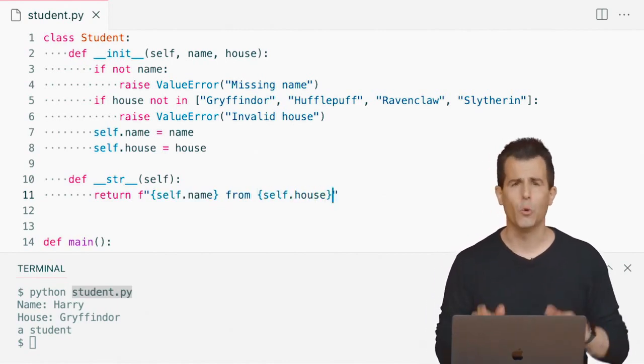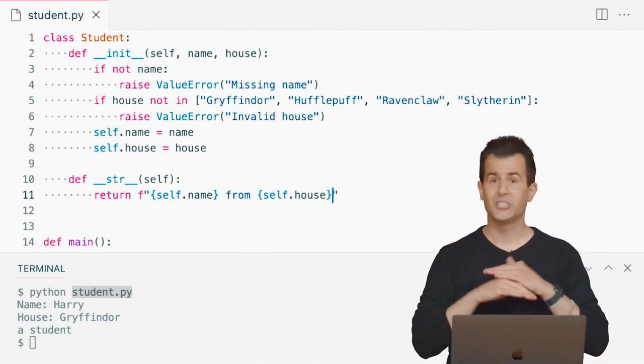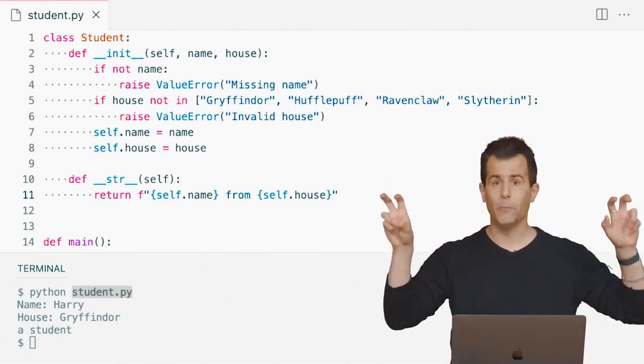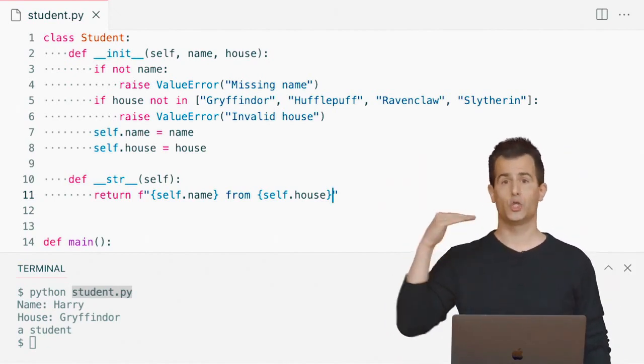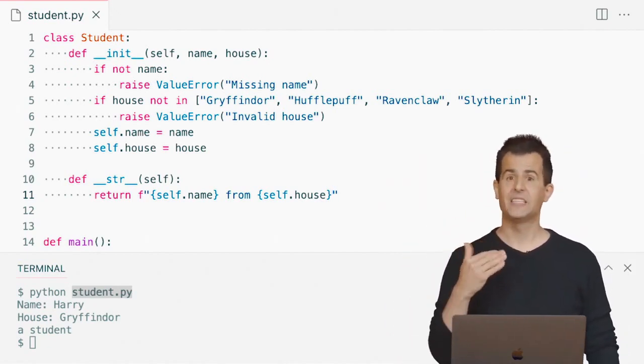So there's nothing new in what I've just done. It's just an f string, an f on the beginning, two double quotes, a couple of pairs of curly braces. But because automatically this str method gets passed self